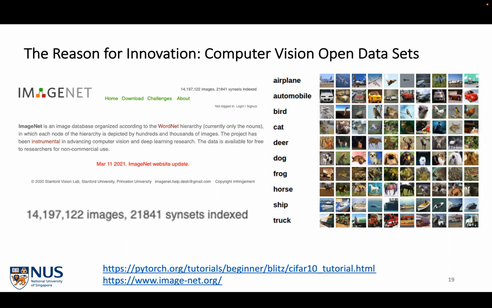One of the major reasons for innovation in computer vision is actually a data set called ImageNet, which was developed starting about 10 or 12 years ago. It's a large data set of millions of images that are very simple, everyday things. Each has the image, and then it has a tag, a ground truth label of what's in that image. Here you can see on the right cars and dogs and frogs and trucks and different things. And this data set was created and labeled at a lot of effort and cost.